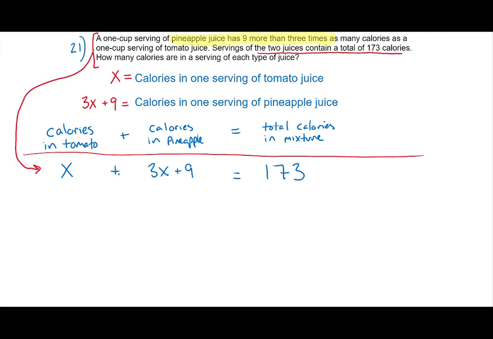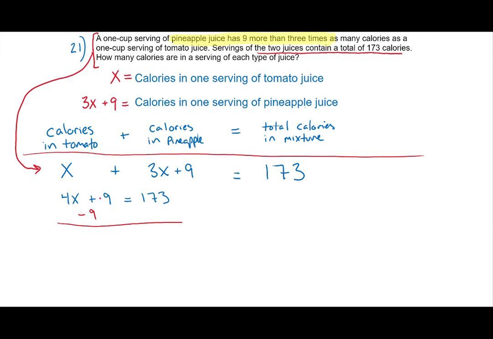Let's solve this. x plus 3x, that'll give us 4x. Then we've got a plus 9 is equal to 173. We want to solve for x, get x by itself. So we've got to eliminate the plus 9. We've got to eliminate the times 4. To eliminate things on one side of an equation, we apply the opposite. So the opposite of plus 9 is a minus 9. So that's minus 9